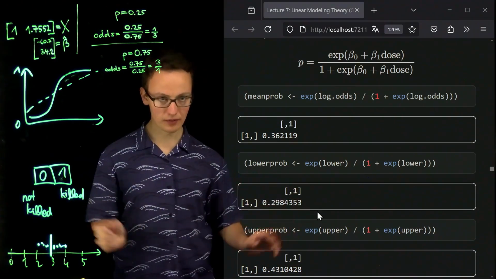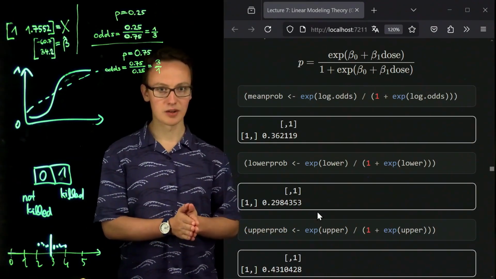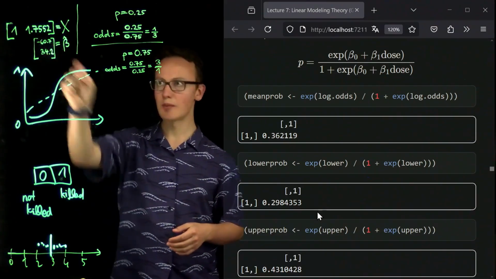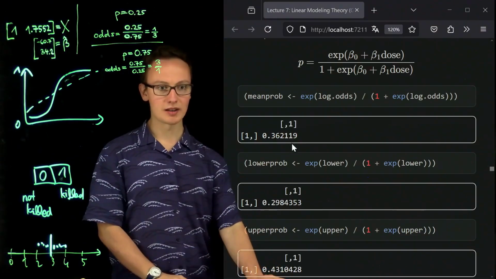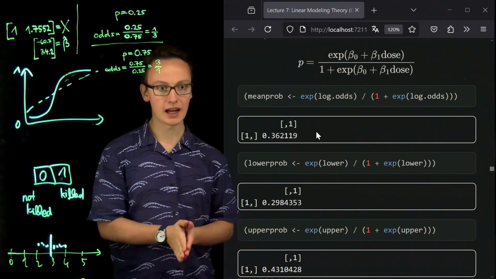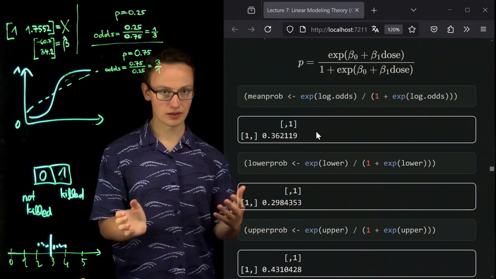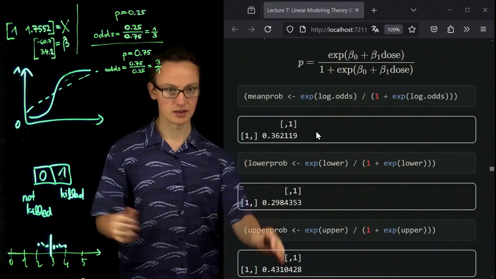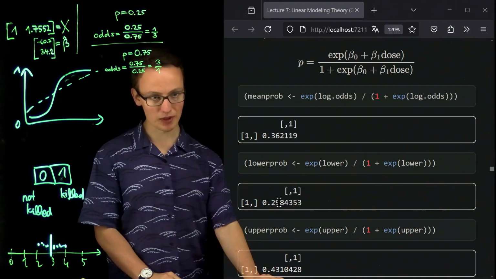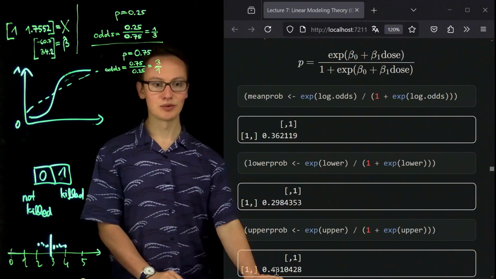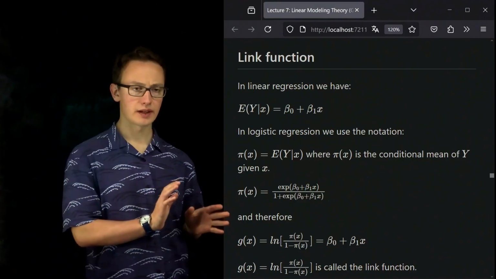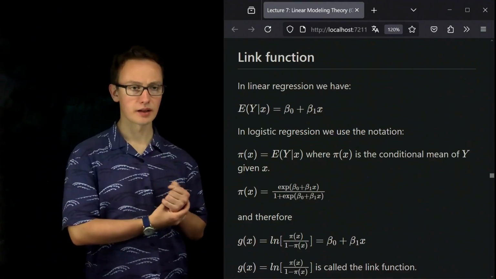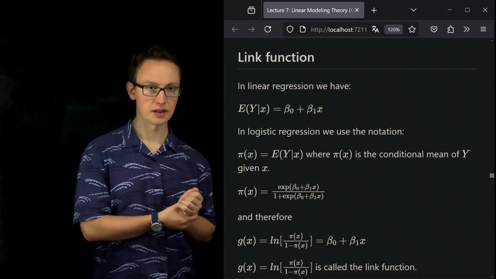So overall, we know now that for our specific dose in question, namely 1.7552, there is a predicted probability of 36% of the beetle dying, with an uncertainty around it, expressed as a 95% confidence interval, going from 29.8% probability to 43.1% probability. Right? Next, let us clarify a few little things regarding the mathematical notation that we can use